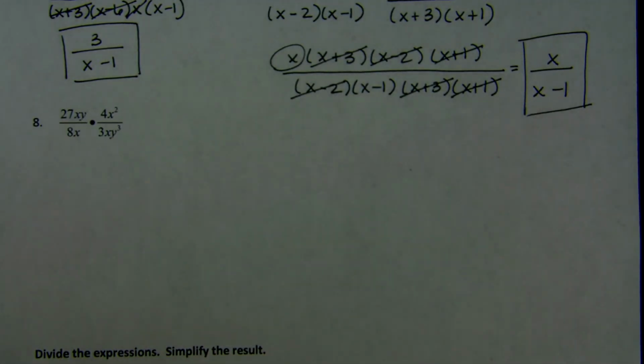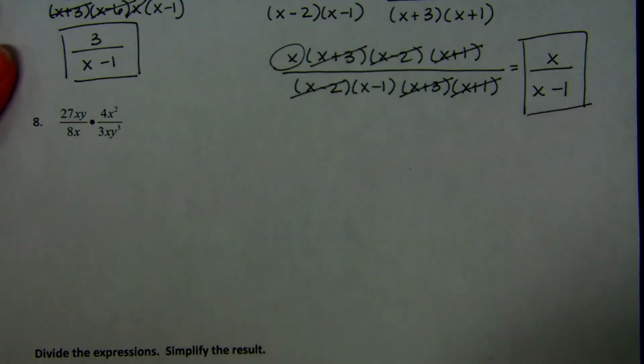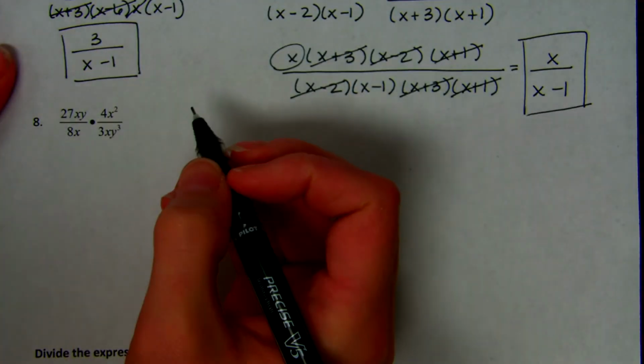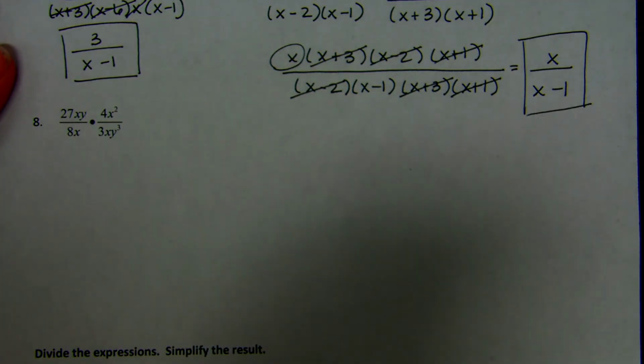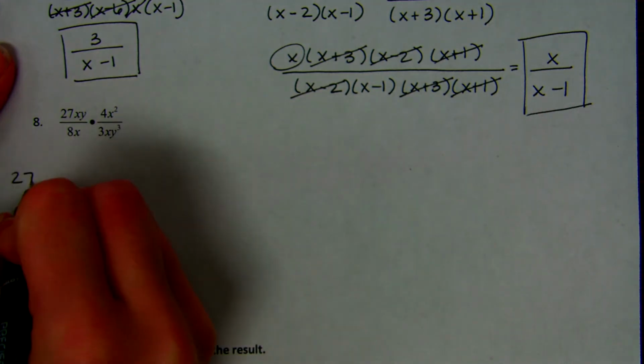Number 8 is, again, just a reminder of what we've just finished with exponents. The way I would do this is I would do the division on both of those first and then just put them together. This is not like these rational expressions where you factor or anything. No, just simplify. So 27 over 8, and the x's cancel. So this is 27 over 8